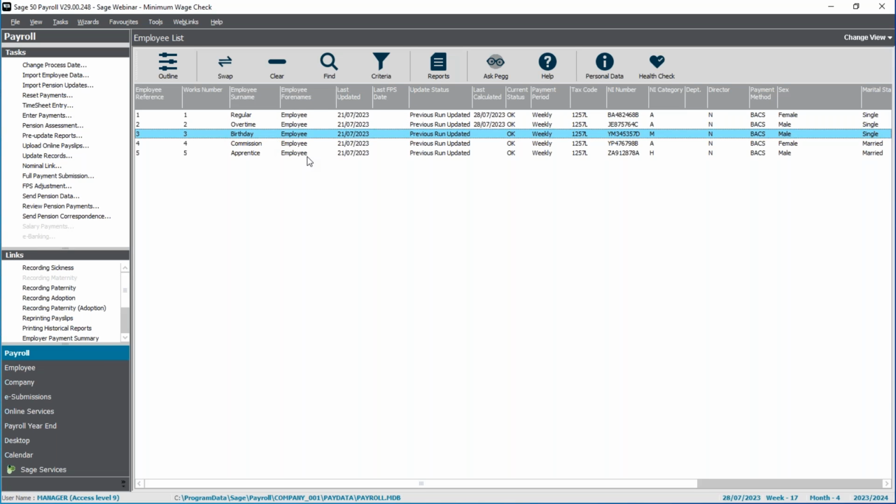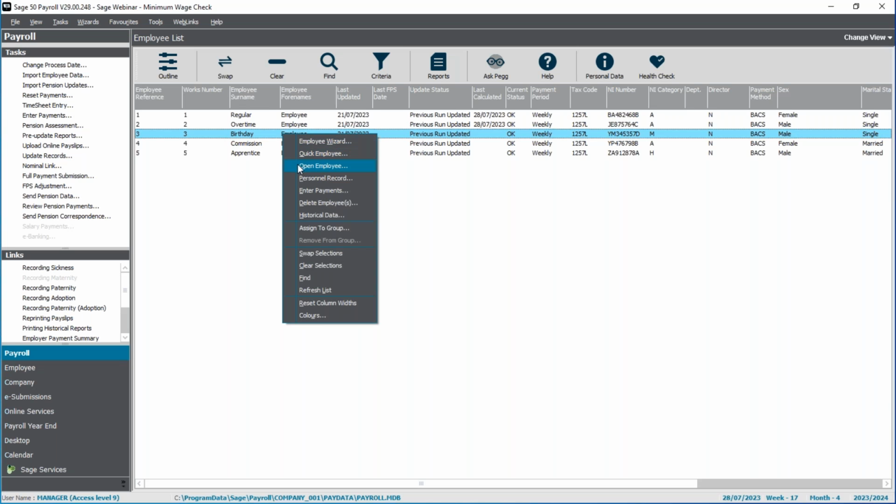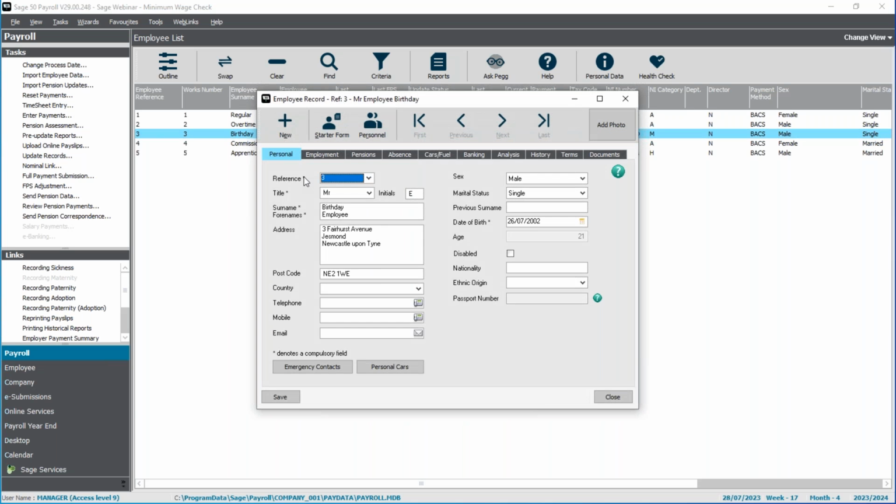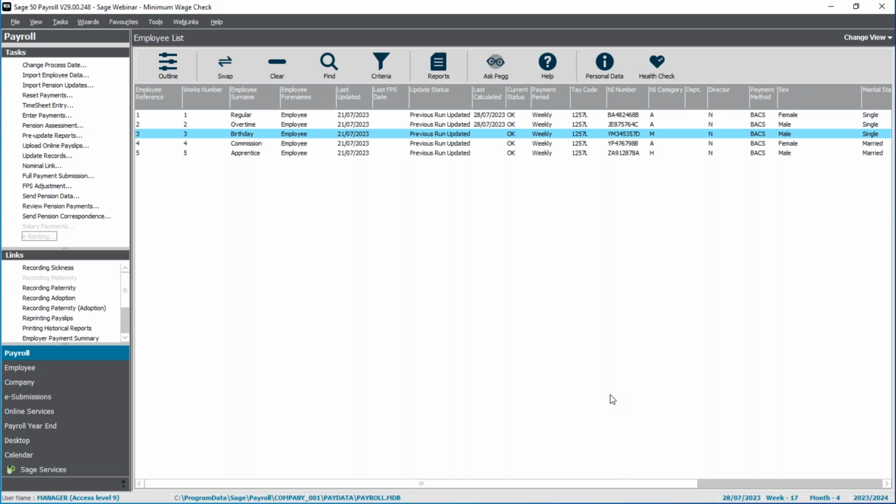Okay, so for the next employee, I just want to show you what happens when they change bands. So if we take a quick look in the employee record here, on the 26th of July, this employee turned 21. So they'll be moving from the 18 to 20 band to the 21 and 22-year-old band. This will be effective from the first pay reference period on or after their birthday. So if we go into enter payments for the current period,